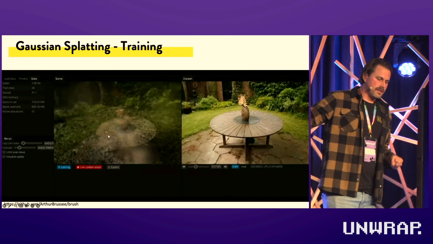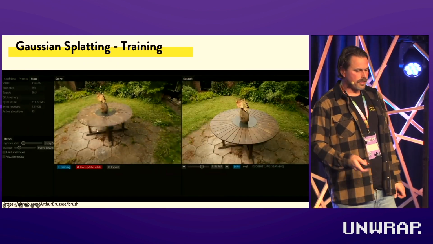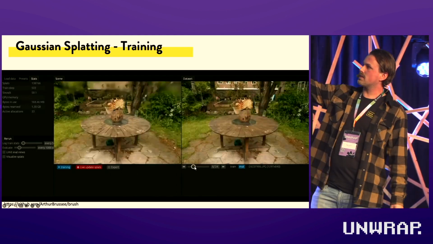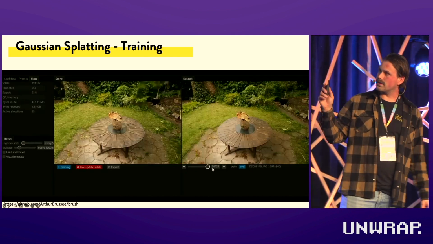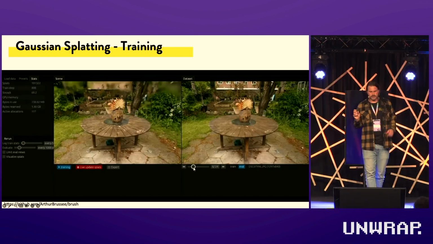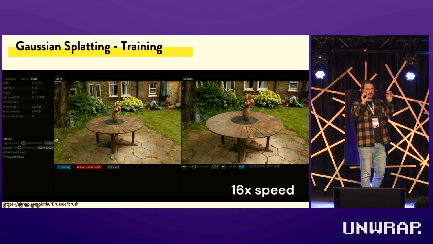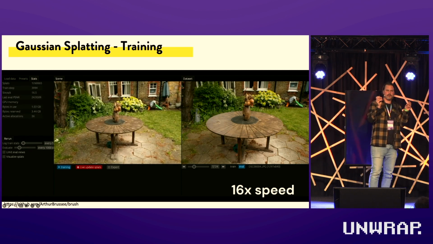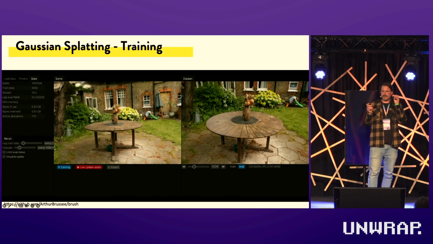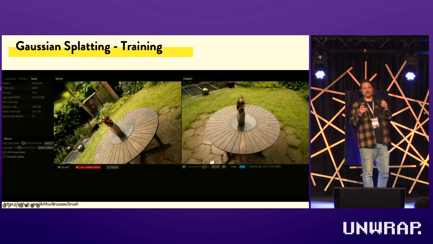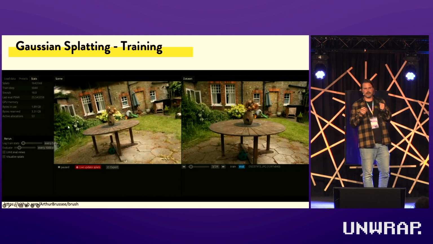editability. This is a tool called Brush. I'll come back to it later. On the right, you can see the original input images. On the left side, you can see the reconstruction based on Gaussian splats. You could see in the beginning that it actually first constructs a point cloud, puts those Gaussian blobs there, and then it optimizes, it learns what the best parameters are for each blob locally, and also the position. So it is, in that reason, somewhat linked to the geometry. It will stay close to the geometry, but it will try to make it look perfect and not per se